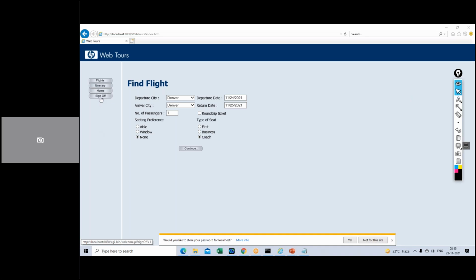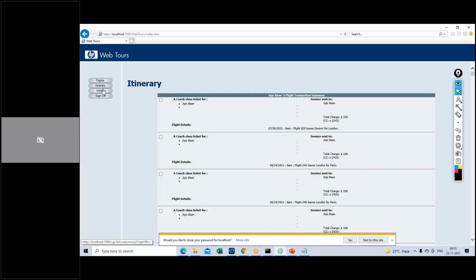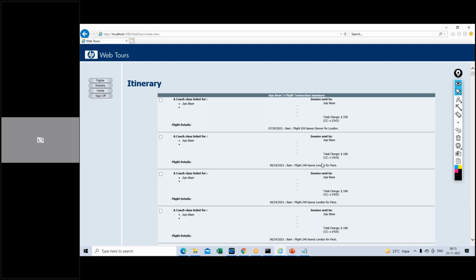For example, I just clicked on this itinerary tab button here. This page loaded. Because I clicked only once, as a single user, I saw this page, and it loaded in, let's say, around 0.5 seconds. But I cannot say this is performance testing, because I'm the only user who clicked on this button. There is no load at all on the system.